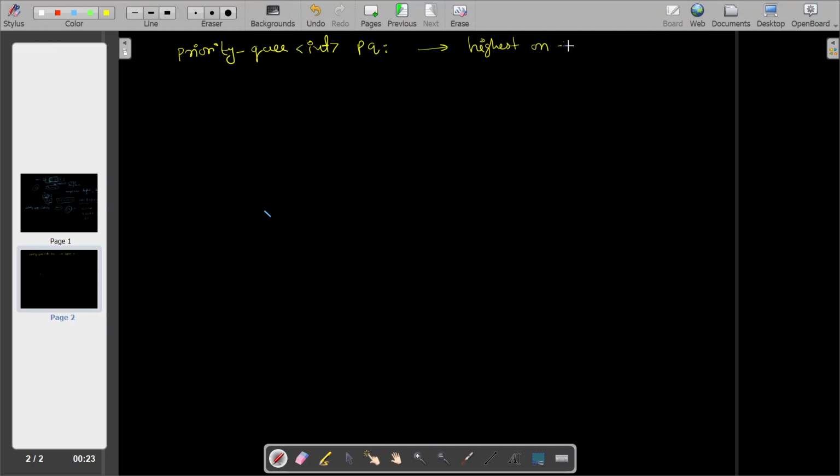Highest on top. Okay, it will be sorted. Both will be sorted, but what will happen in this highest on top priority queue heap? We say max heap. We say priority queue int. This is just the way to write this max heap. What will happen in min heap? In min heap, the order will be sorted, but the greater